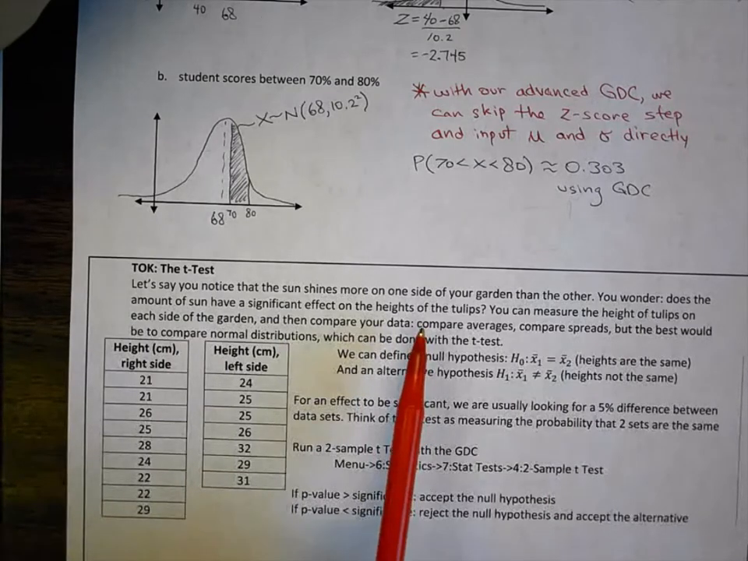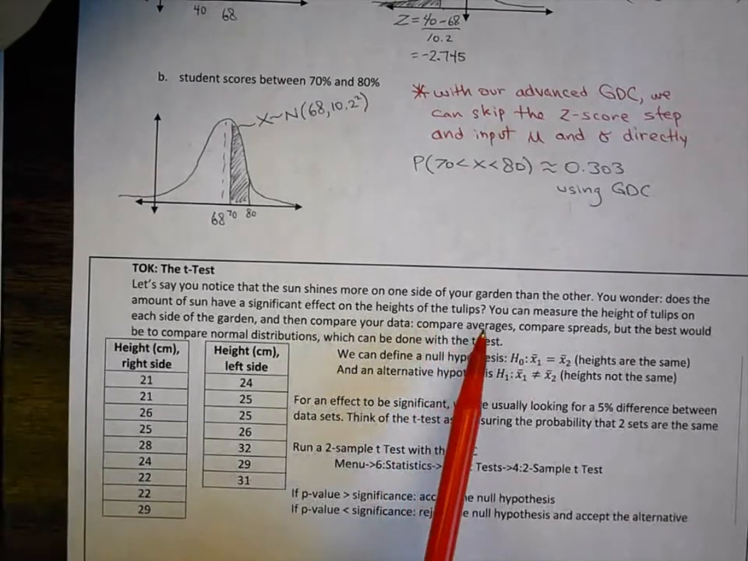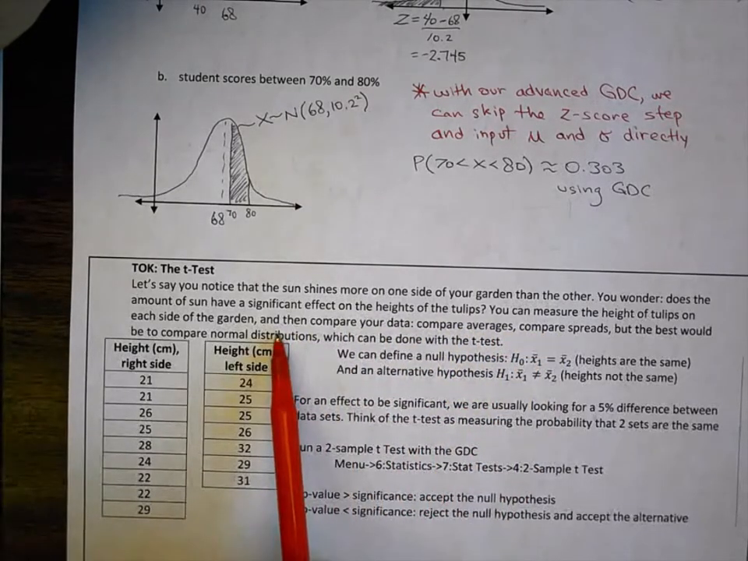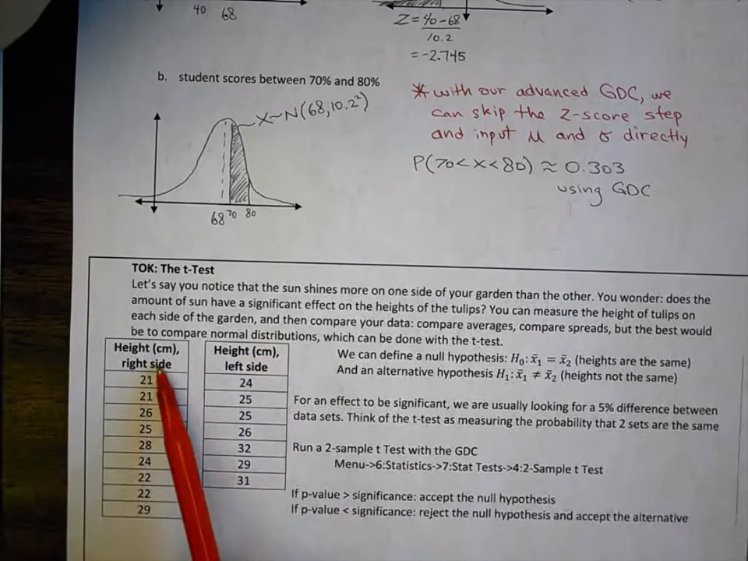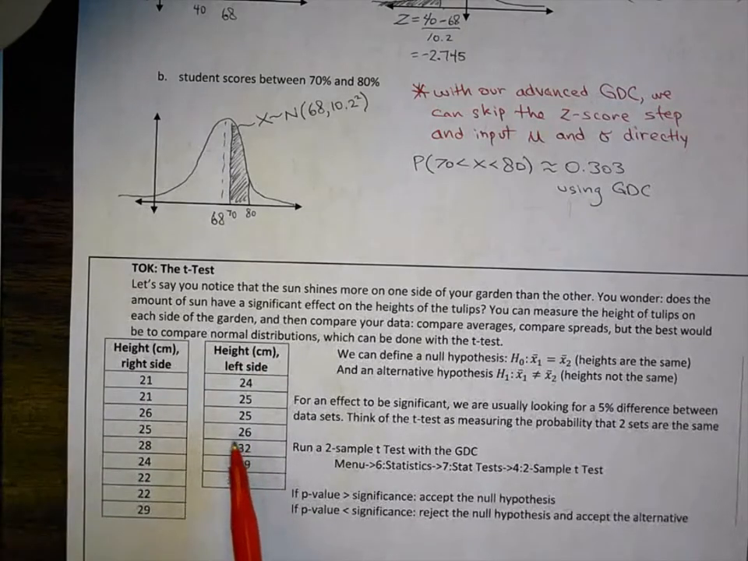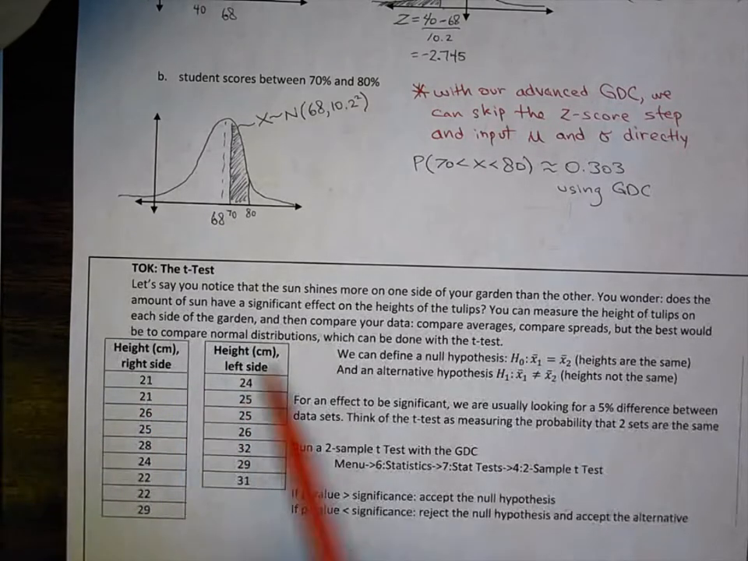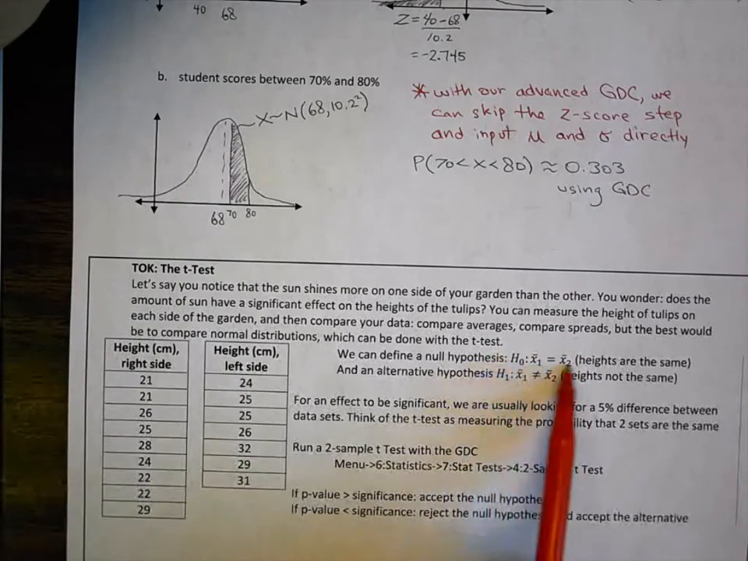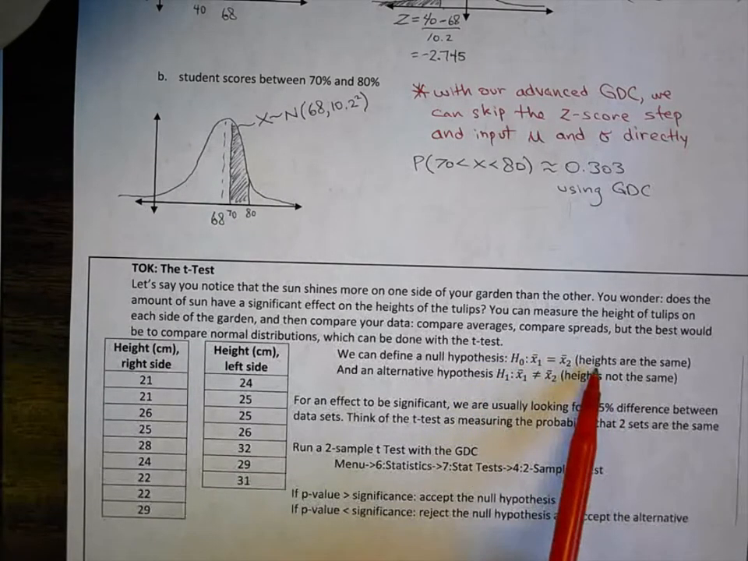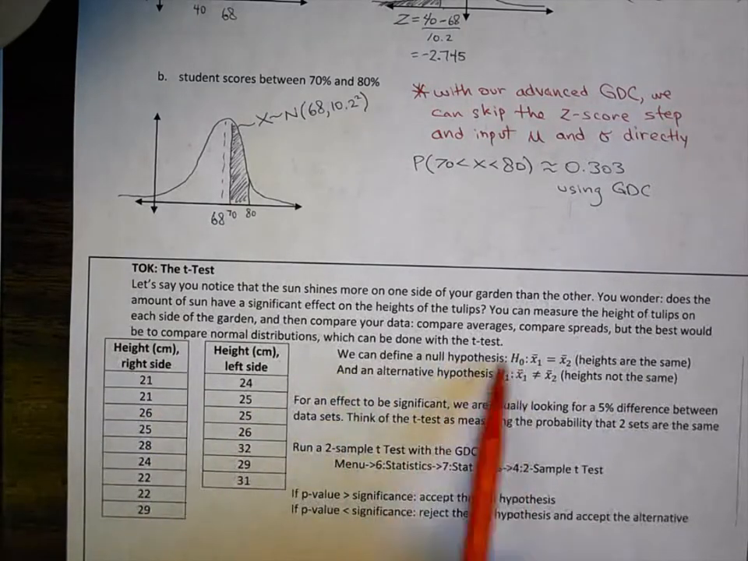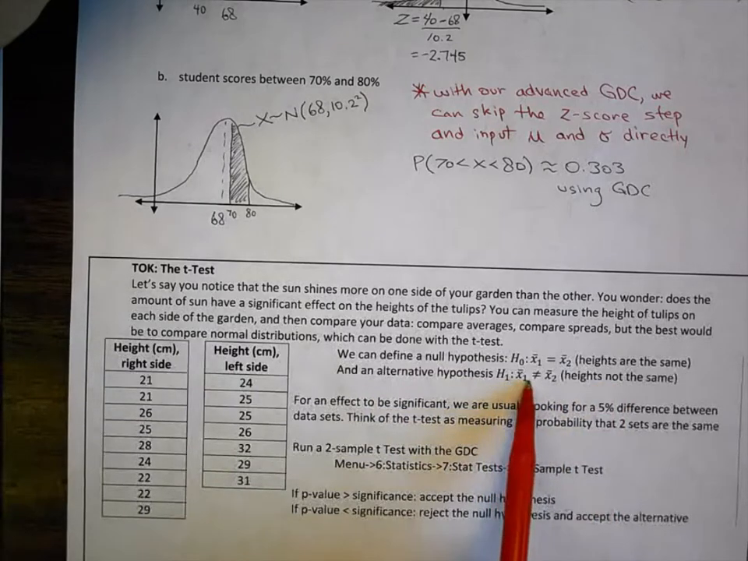Now the heights would technically follow the normal distribution. So comparing heights, averages, comparing spread is one thing, but it's better to compare the normal distribution. So for example, if this is the heights of my tulips on the right side of my garden, and the heights on the left, to know if the sun really had an effect, I'd want to compare normal distributions. To do this, we define a null hypothesis. That is if there is no effect or nothing happens. So the heights are the same from the left side and the right side. The alternative to this is that, yes, the heights are not the same and there was some sort of noticeable